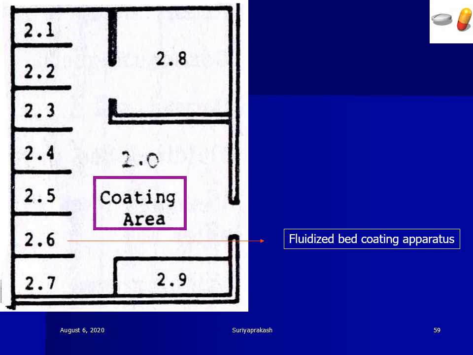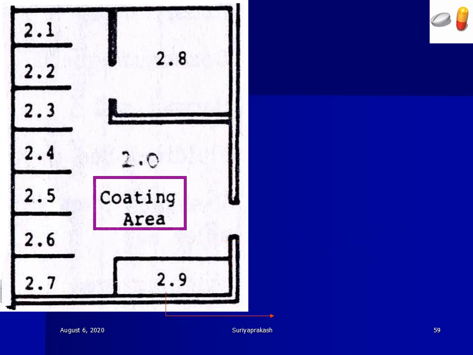This is the coating area. So which type of coating are you going to use for the final formulation? The same equipment you should try here also. So after trying this coating, then you recommend to transfer this technology to the production department. They will adopt it and compress the tablets. Okay,